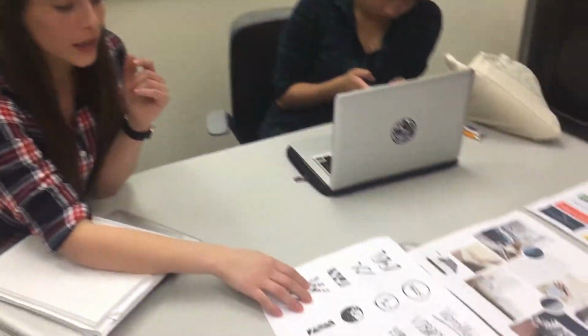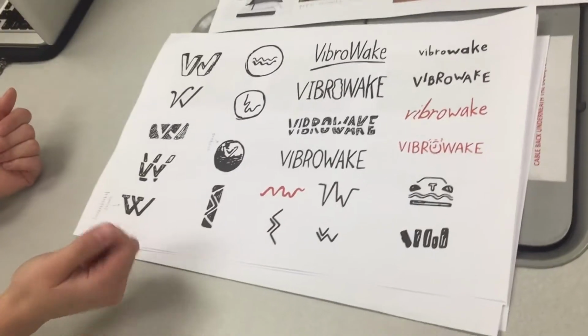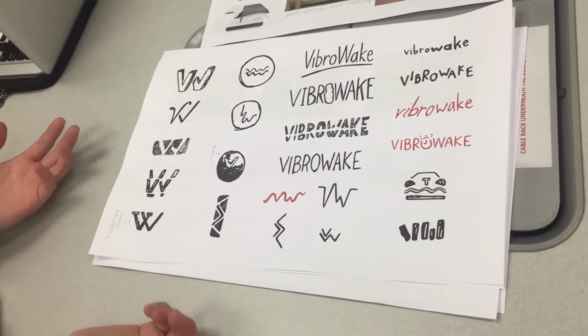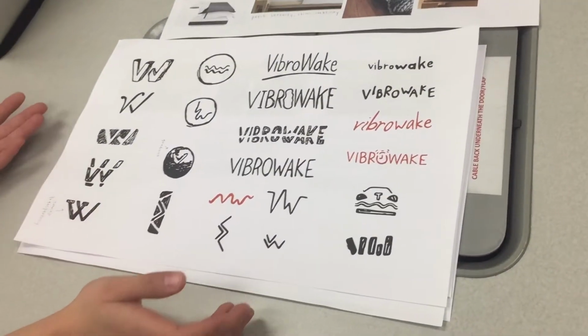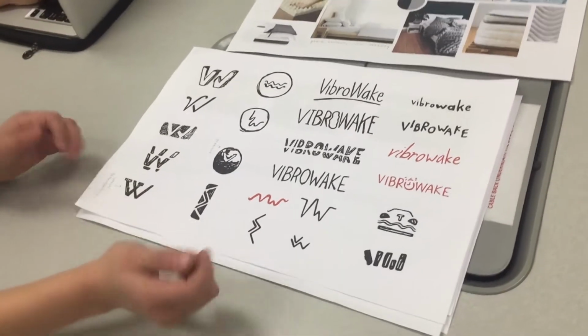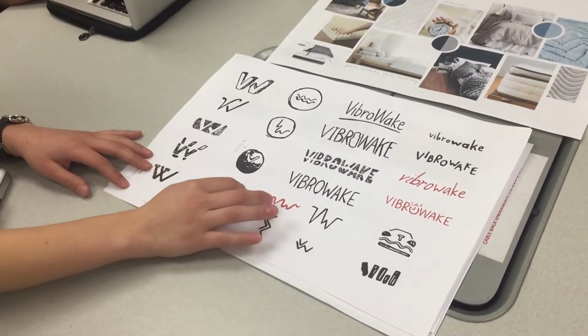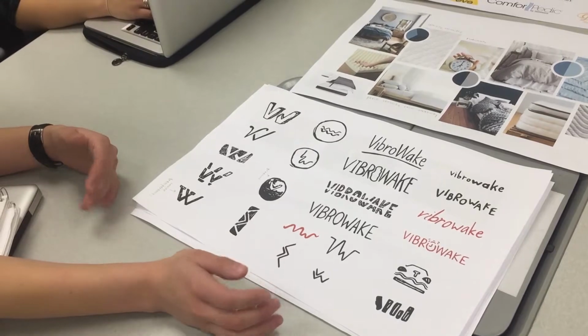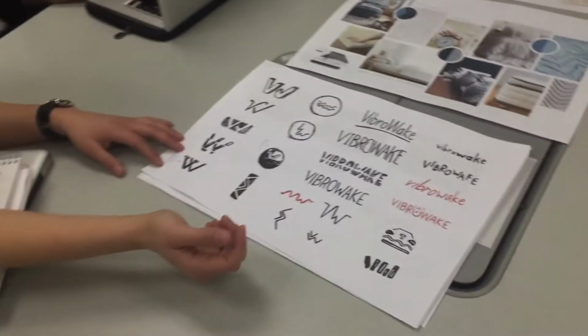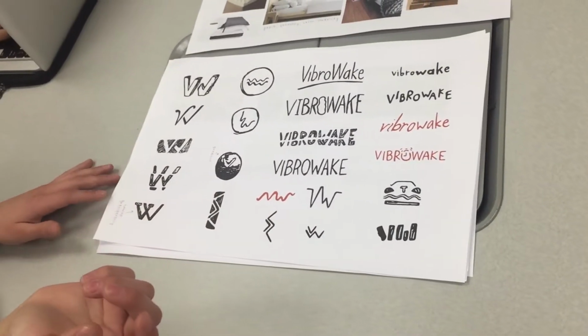So let's say for VibroWake, let's say Sierra woke up one day and she didn't like the sound of her alarm. So she decided to come up with a VibroWake. So this is a reliable mattress topper. And so you can see here, there's a bunch of waves. So basically what it does, instead of being an alarm clock, it wakes you up with vibrations. So in Sierra's case, this would be a better and more reliable way of waking up. And then she wouldn't wake up all mad because she didn't like her alarm. So basically, by telling you this story, you guys will retain it more, and now you'll know why we decided